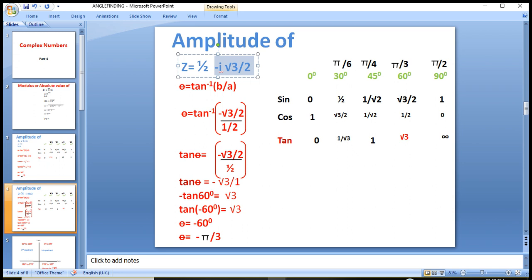So you know where is root 3? In front of tan, this is root 3, and it is representing an angle of 60 degree, as in the previous sum. You note especially this step: we have written here minus 60 degree. We have kept the minus sign with the angle.